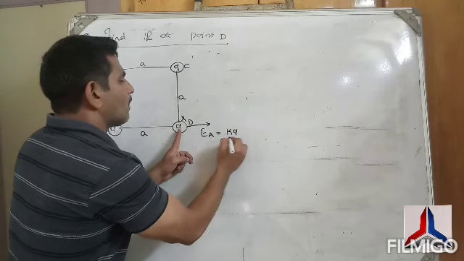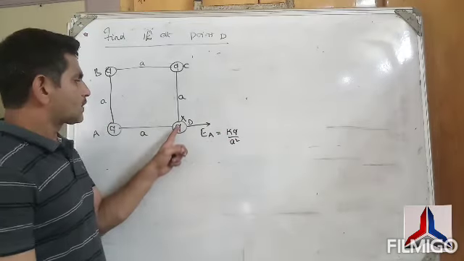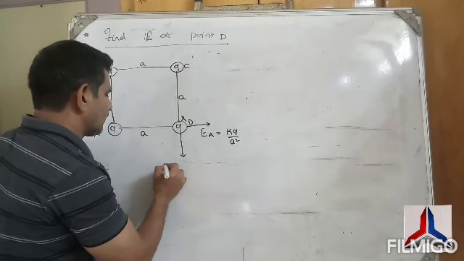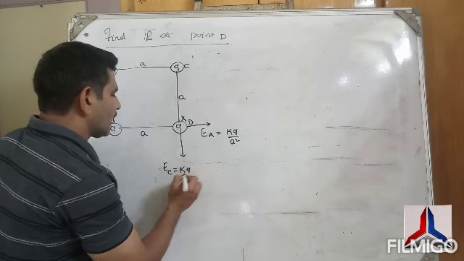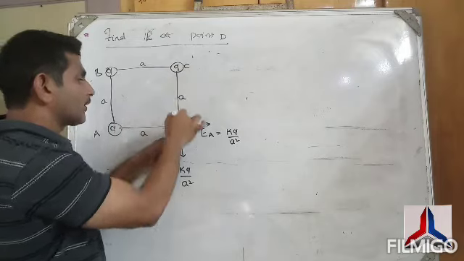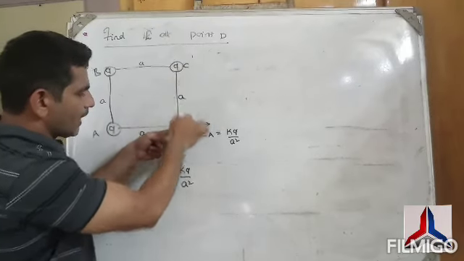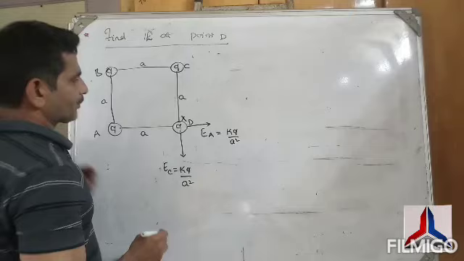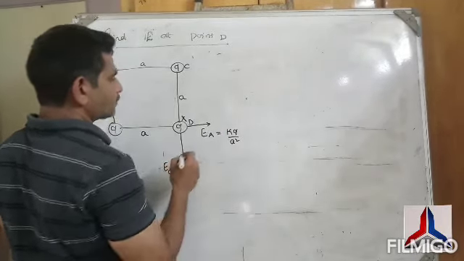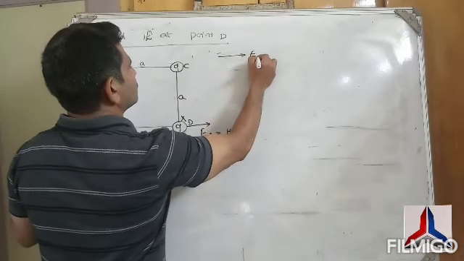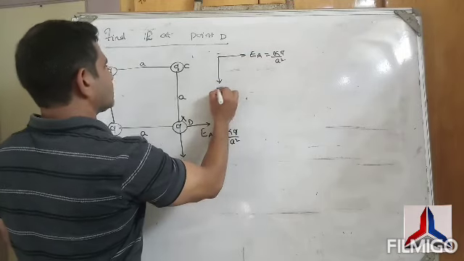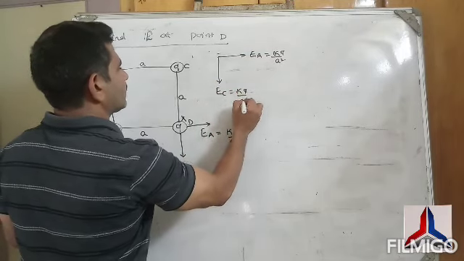That is KQ by A square. Understand? So, similarly, this charge which is at A distance, therefore, electric field intensity EC can be created, KQ by A square. Because why are you taking this direction? Away from positive. This is positive, away from positive. This is positive, away from positive, like that. After that, these two are equal, right? So let us say X. EA is KQ by A square, EC is KQ by A square, right?